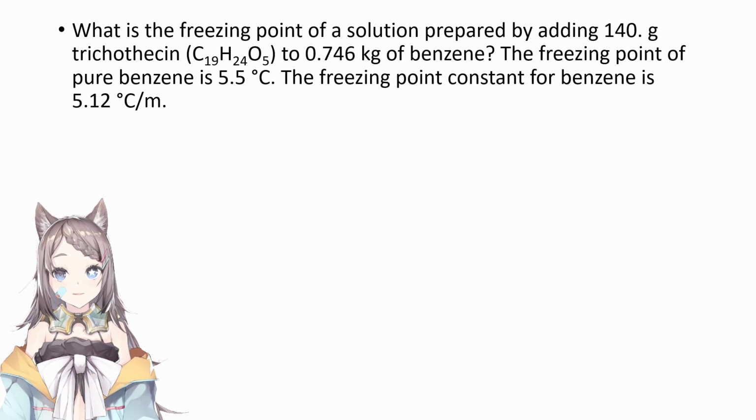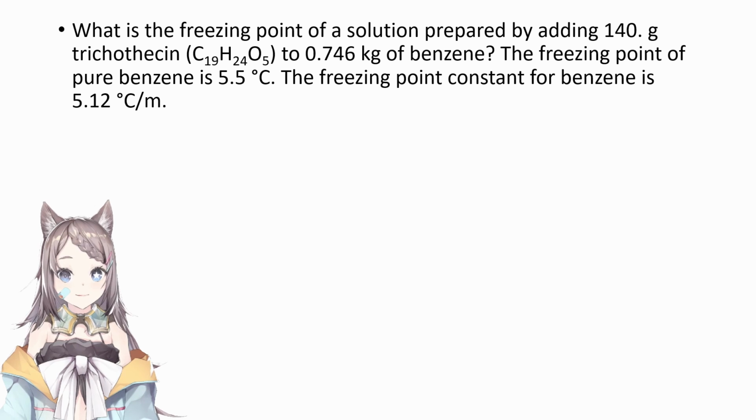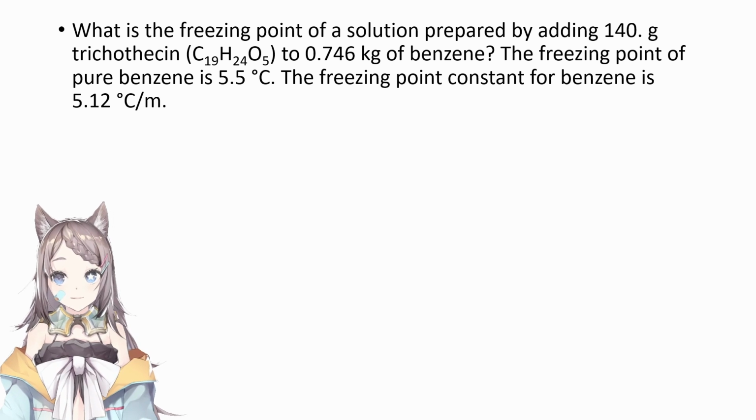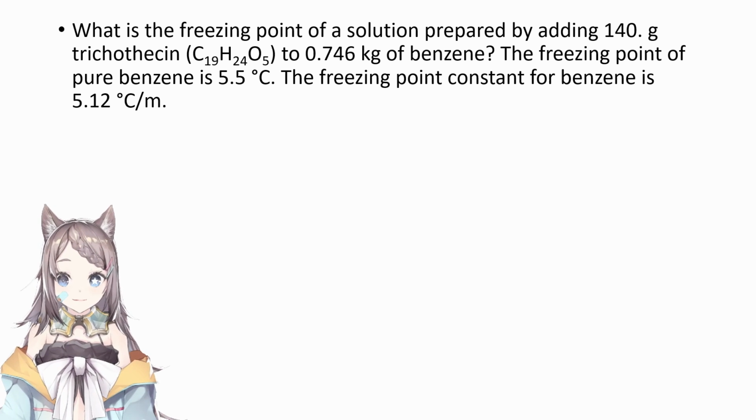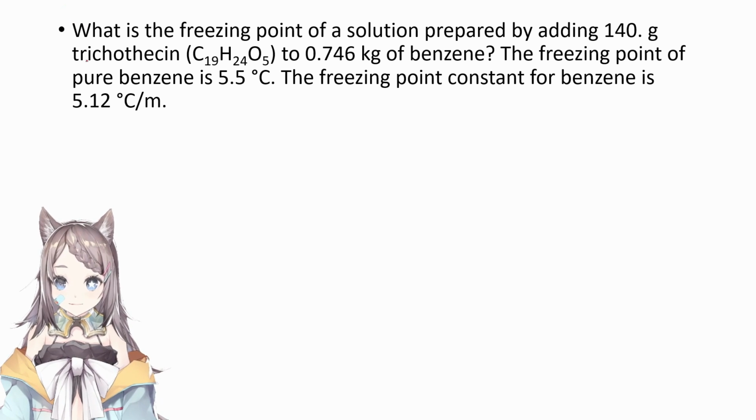What is the freezing point of a solution prepared by adding 140 grams of trichothecene to 0.746 kilograms of benzene? The freezing point of pure benzene is 5.5 degrees Celsius, and the freezing point constant for benzene is 5.12 centigrade per molal. Okay, so what we need to do first is to get the molecular weight of our trichothecene, which is